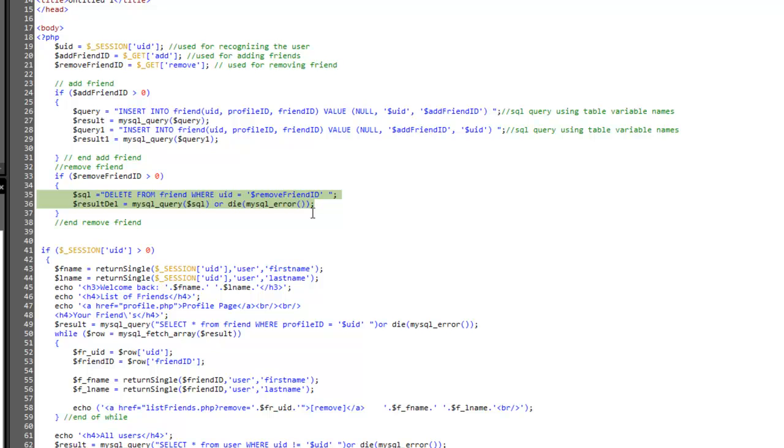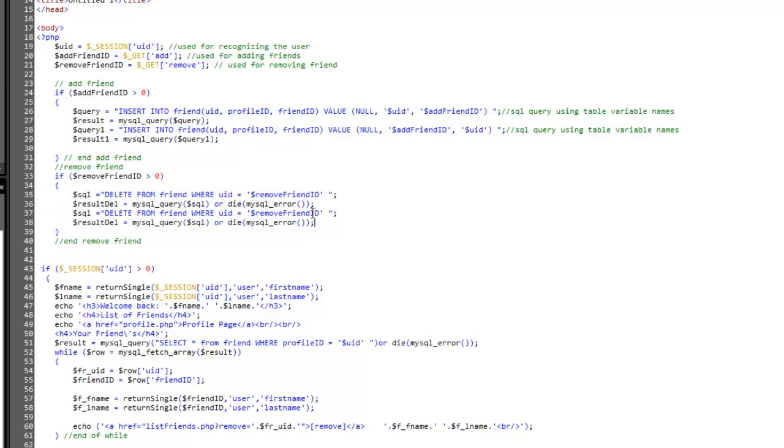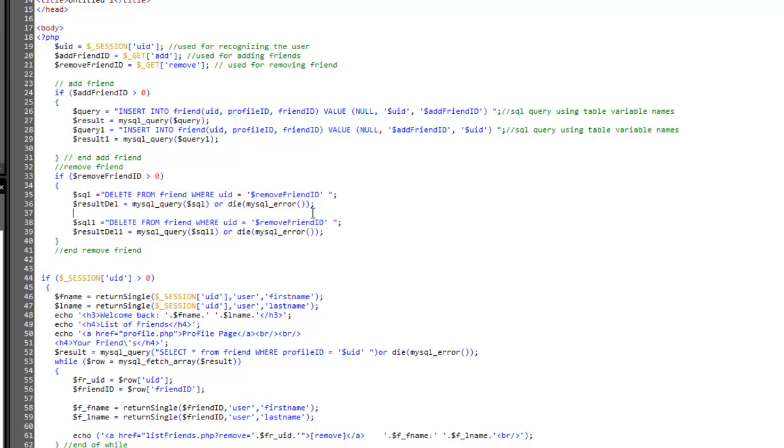Okay. SQL 1 result, del1, MySQL 1, where UID equals remove friend. Let's go $sign. Link is assigned, assigned remove friend ID